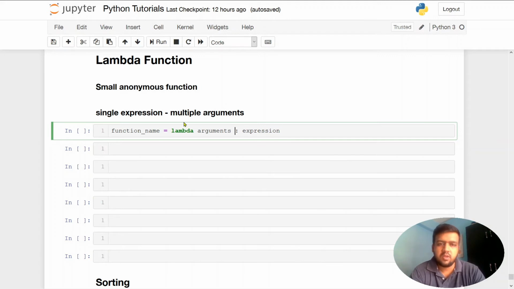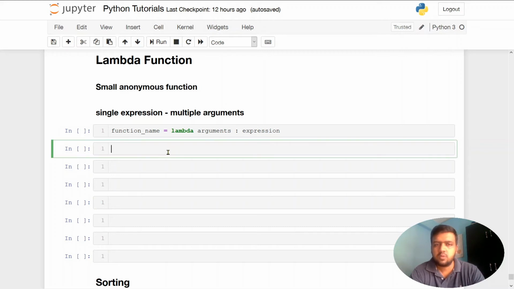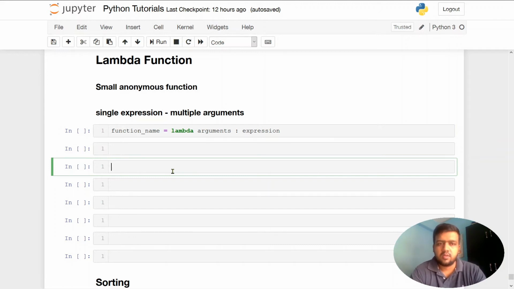You can also store this anonymous function in a variable, or you can directly use this function at any point of time. That's how it is practically done. So let's take an example to clear the doubts that you might have in your mind. Let's say I have a number and I want to create the third power of that number, that is, the cube of that number. So let's say I want to know what is 5 to the power 3.